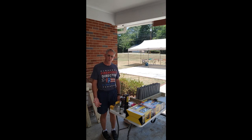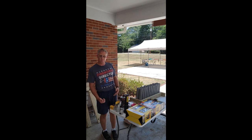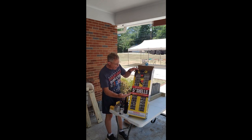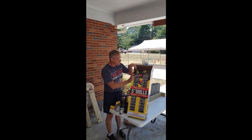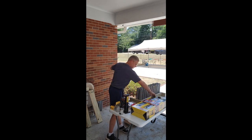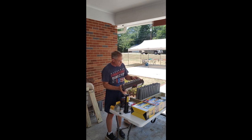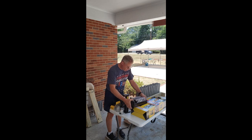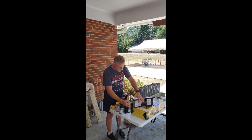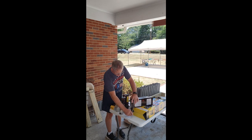A 5-inch canister. I saw on the market today an 8-inch canister that will be launched from the tubes that come with those kits. Now I've got here, for example, a black pad, 5-inch shells, and they all come with little sub packages inside there. You have 6 5-inch tubes, and along with that comes your launch tube. And your 5-inch canisters and one launch tube,